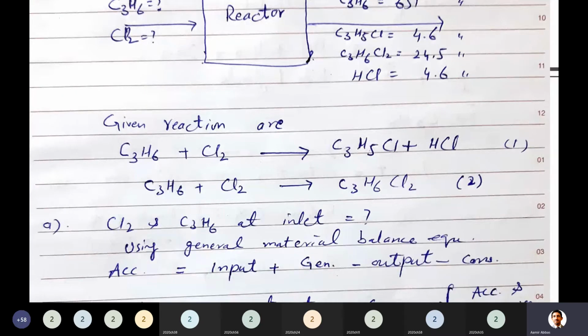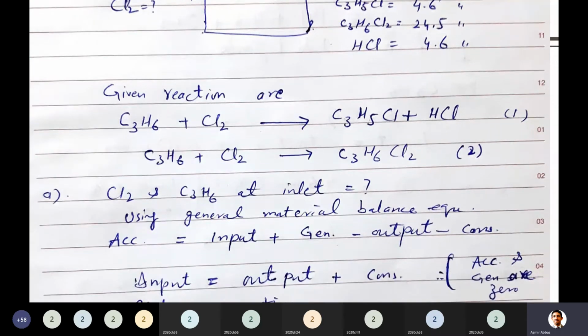What about consumption? Is it consumed in the reactions? Chlorine is consumed in the reaction or not? Yes, sir. It is consumed. Consumed means taking part in the reaction. Definitely chlorine is part of both reactants. You guys can see in both reactions it is a reactant, it is being used, so consumption will stay here.